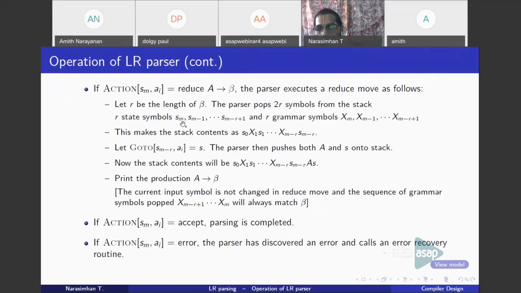Let me give a simple example. Suppose the production to be used is X gives Y. What is beta here? Y. What is the length of beta? 1, since you have just one symbol, Y. So you need to pop 2R symbols, that is, 2 symbols from the stack.